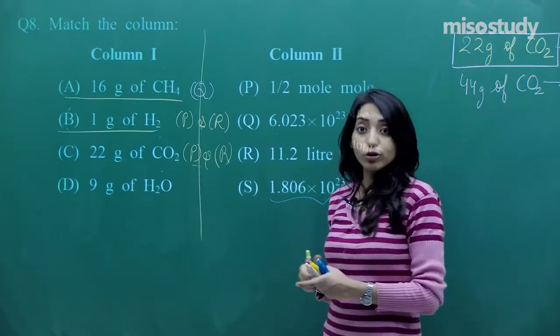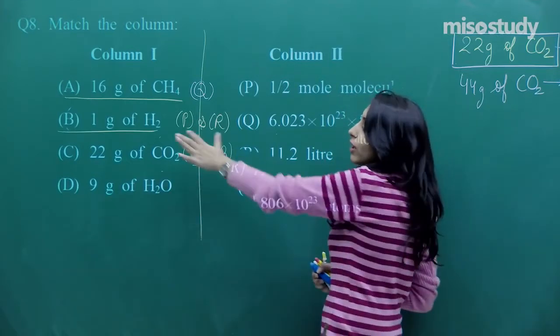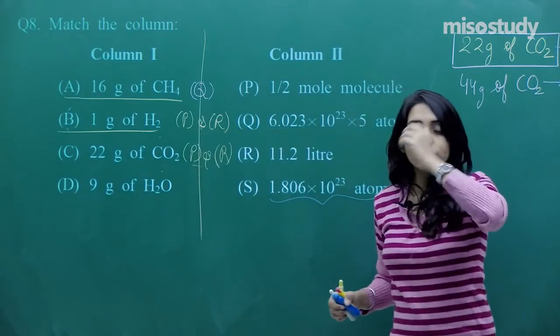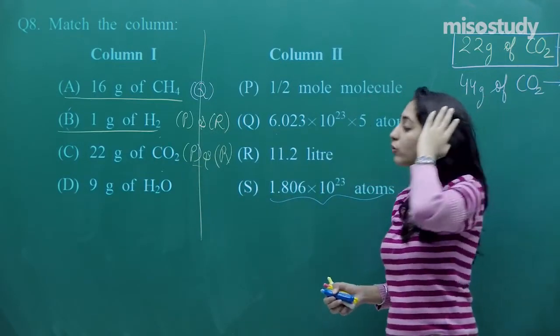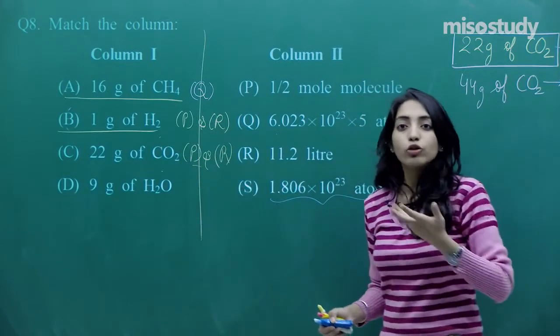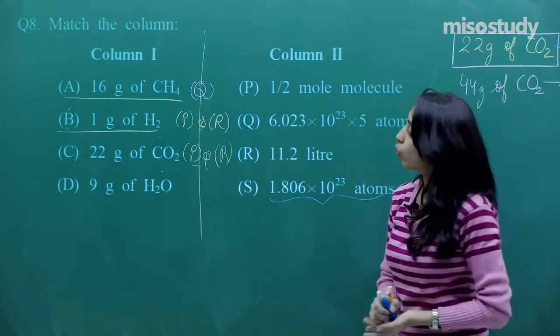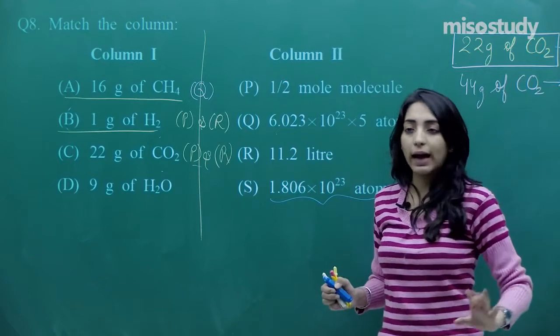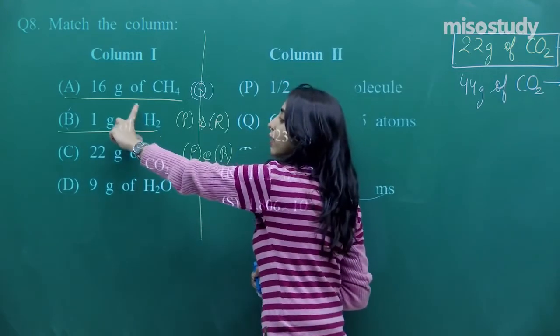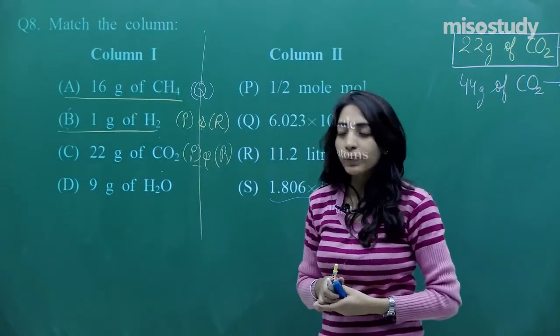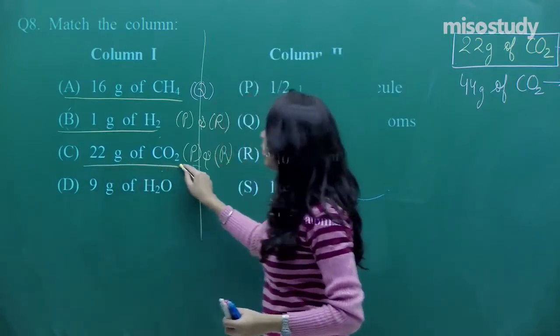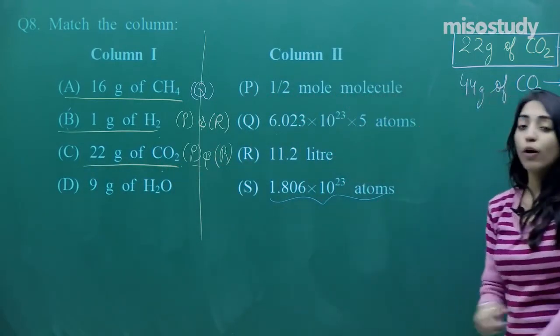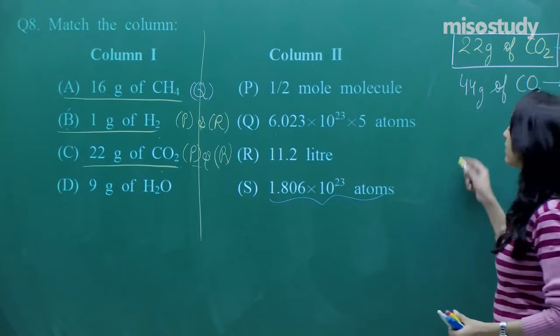Here also I want to show you one thing. Earlier you got the answer for B as P and R. So if for C also the answer is coming out to be the same, don't be sad and don't be surprised. No, don't think it cannot be the answer because it is already of B. So this is independent of that, okay? Fine. So done with the third part also, let us move on to the fourth part, which is 9 grams of water.